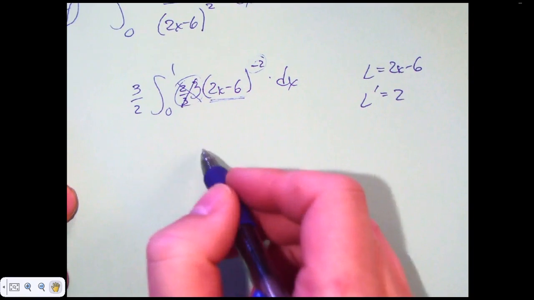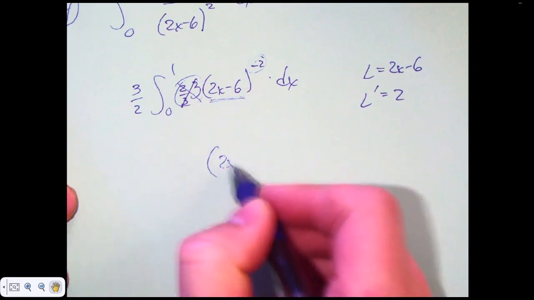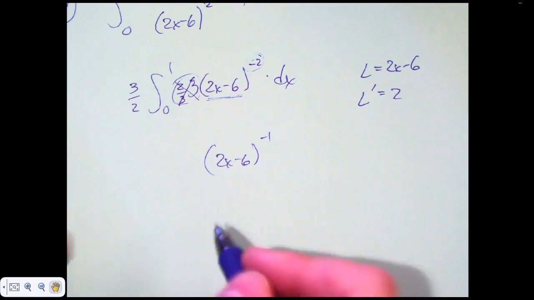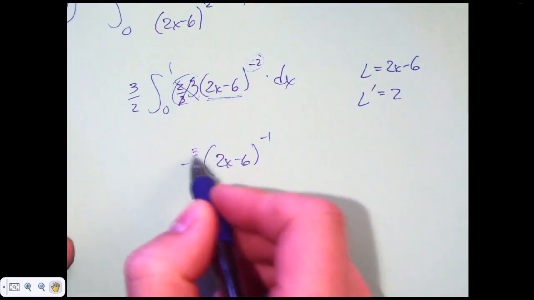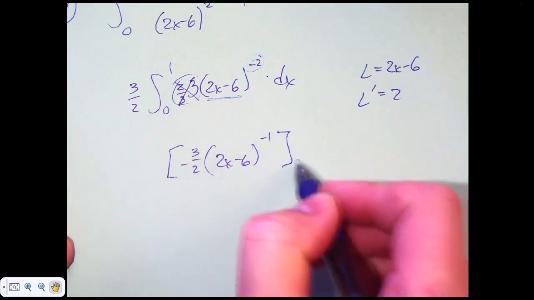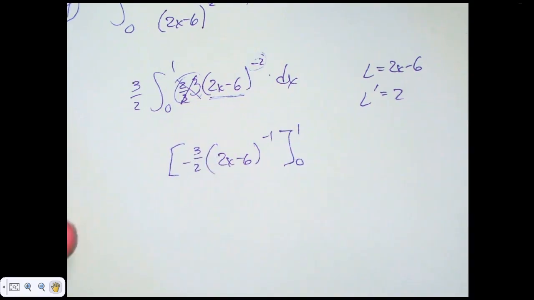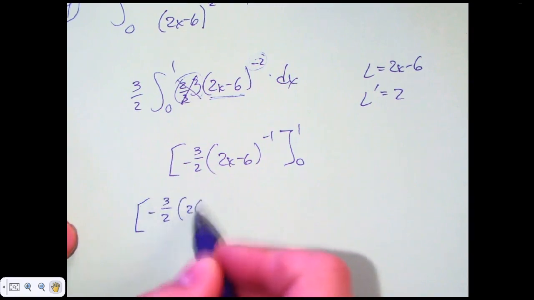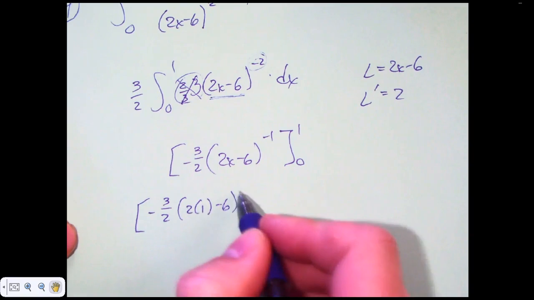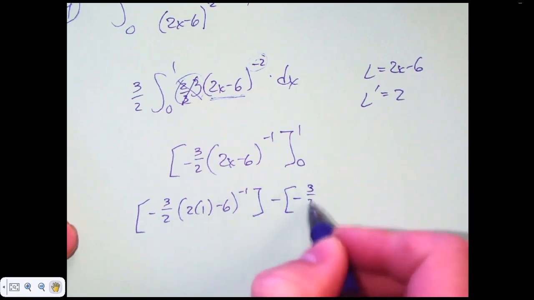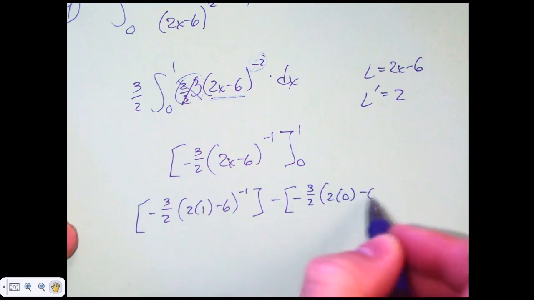So to integrate, I add 1 to the power. And I multiply by the reciprocal of the new power, which would just be -1 again. So I've got this old 3/2 times the new -1. And then I'm evaluating that between 0 and 1. So -3/2 times 2 times 1 minus 6 to the negative first minus -3/2 times 2 times 0 minus 6